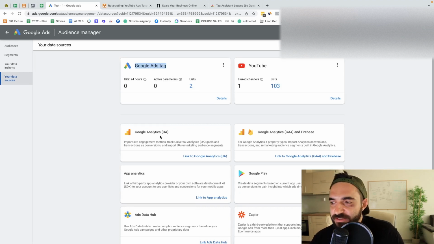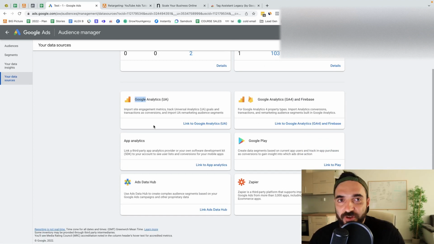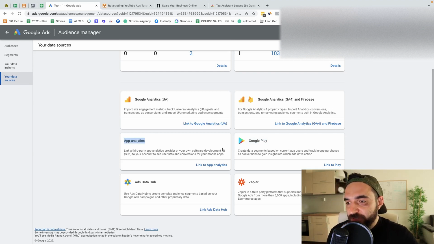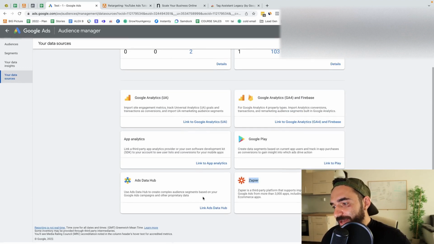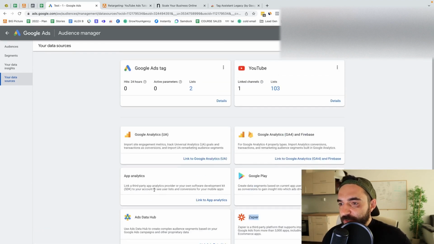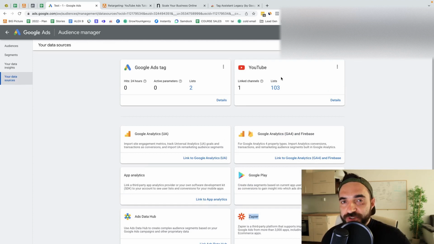In some cases, I might use imported audiences from Google Analytics, but this is very, very rare. Also, if you have a business that is connected to Google Play somehow, or you're tracking app analytics, you might need to connect your Google Ads to Google Play or another app analytics platform. I've never used it. There is also a way to integrate Zapier to Google Ads and use the Ads Data Hub, but those are the three most common